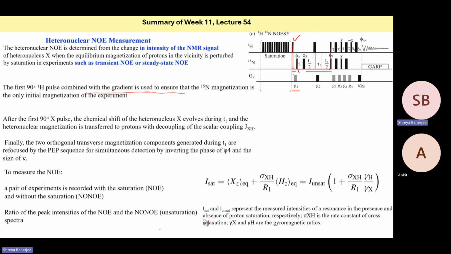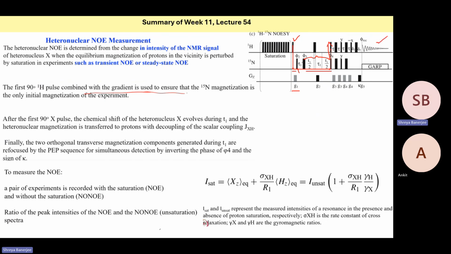Here the magnetization is evolving in the heteronucleus channel, that is the 15N channel. After the small t1 period is over, the heteronucleus magnetization is transferred back to the protons, and then the decoupling happens and the spectra is recorded in